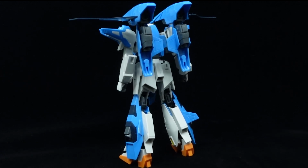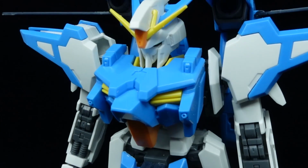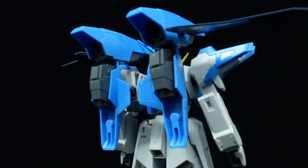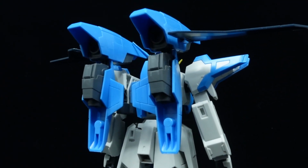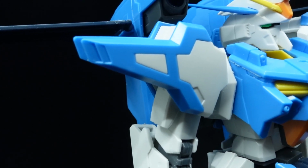Visually, it differs a lot from the original Zeta Gundam, most notably with the added bulk of the new shoulder, chest, and shin armor, as well as the new backpack, looking less like a sleek high-mobility unit and more of a powerhouse. The A motif all over the body makes it a unique looker that cheekily nods to its theme